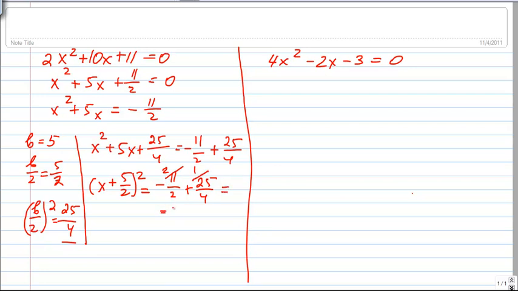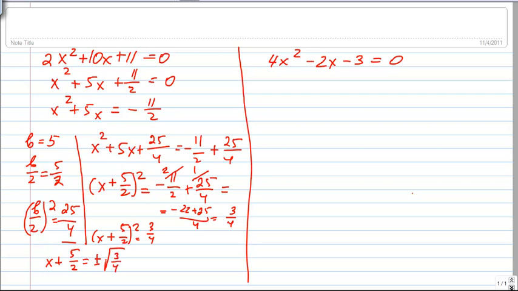So this numerator is minus 22 plus 25 over 4. That becomes 3 over 4. So now we can write x plus 5 over 2 squared equals 3 over 4. And the equation is ready to be solved using the square root method. So we can write x plus 5 over 2 equals plus minus